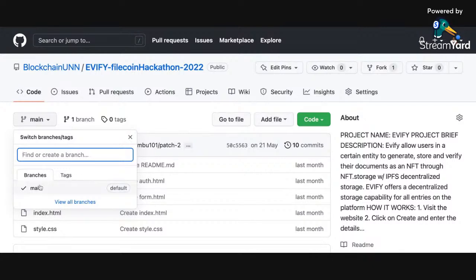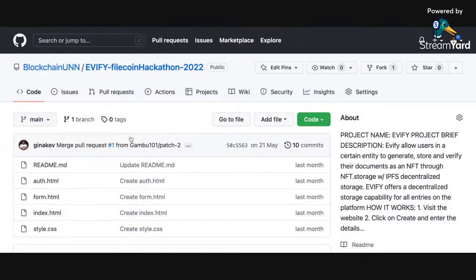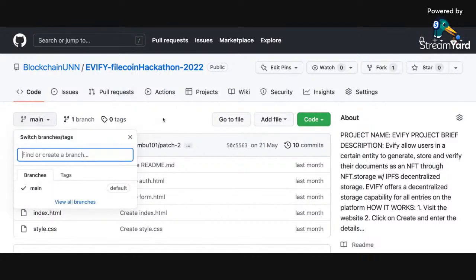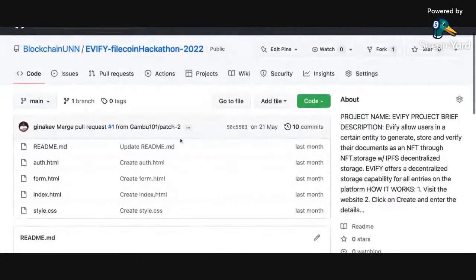I can create a new branch right here if I want. Do you understand? So this is what is referred to as branch on GitHub. Everything I'm writing to this code, if I commit anything, is sent to the main branch for this particular folder, the FB5 Icon Hackathon 2022. Any save I'm doing right now is being sent to the main branch. Do you understand? Then the next thing is the commit.